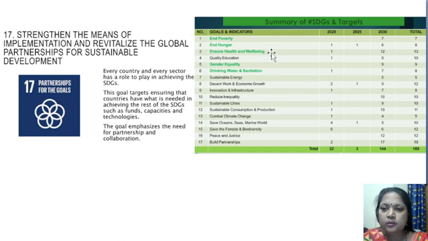Okay, so end of poverty, 7 targets to be achieved within the year 2030. Okay, so end of hunger, total 8 targets. One target to complete within 2020, another one within 2025, and 6 targets within 2030. Okay, so you need not be worried about the targets. You at least remember these 17 goals from this table. Okay, it will help you a lot.